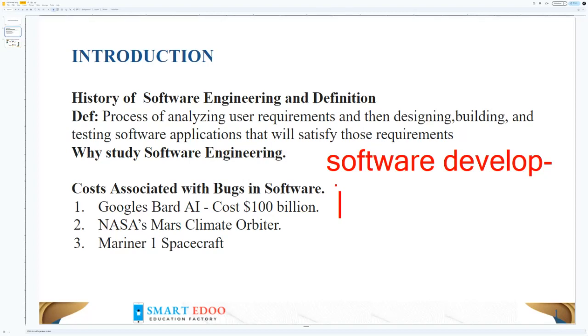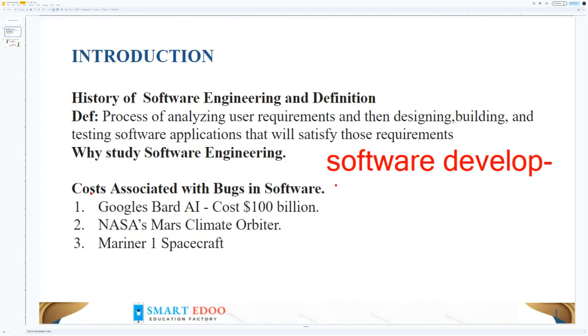Software engineering is nowadays coupled with physical processes. Can you imagine autopilot? Software engineering is as good as autopilot, and if anything goes wrong, you can tell that disaster happens. As I have highlighted here, there are disasters associated with inadequate software, or rather testing that was not done in accordance with the principles of software engineering.